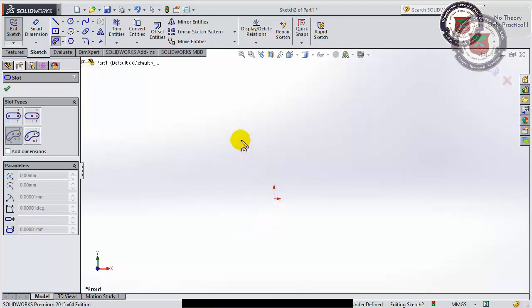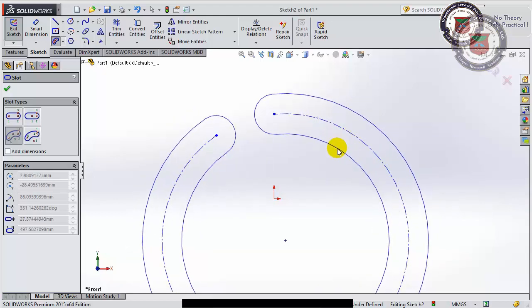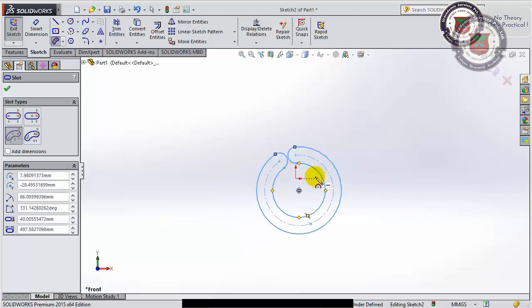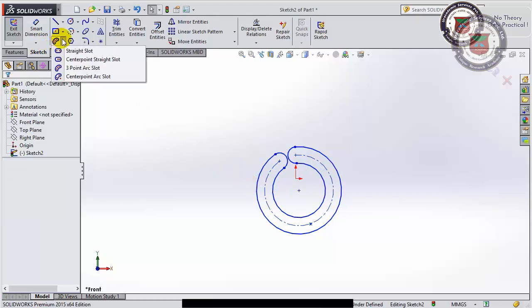First of all, we will have to provide an arc from 3 points. Suppose this is our first point, this is our second point, and this is our third point. So we can generate the arc, and from this arc we can make an arc slot, 3-point arc slot.